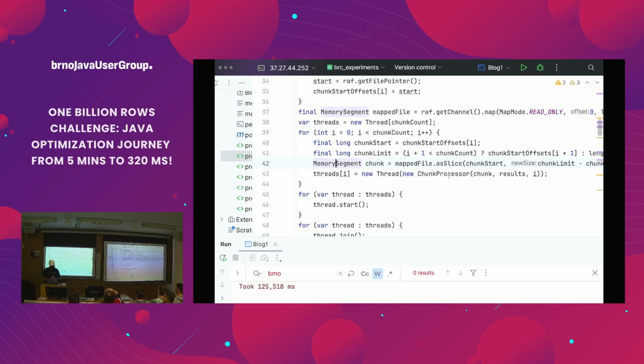I have a question. I might have missed that, but what's the main advantage of using mmap over the buffered reader? Okay, that's a good question. So the question is, what's the advantage of using these memory mapped files as opposed to the buffered reader? Yep. One advantage is that the operating system can cache the file between executions.